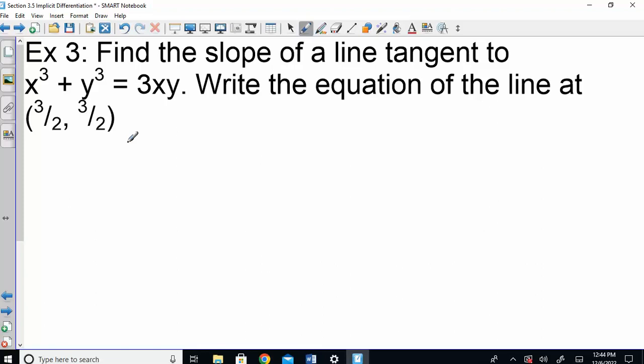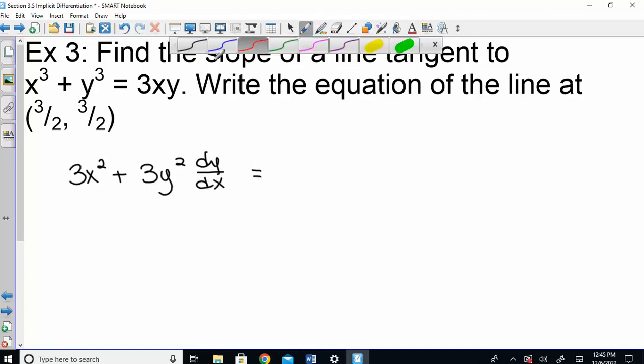So let's do this one. I want the slope of the tangent line, and then I want to write the equation. So first step, slope of a tangent line is the derivative. Derivative of x cubed plus derivative of y cubed, 3y squared. What else does it need? dy dx